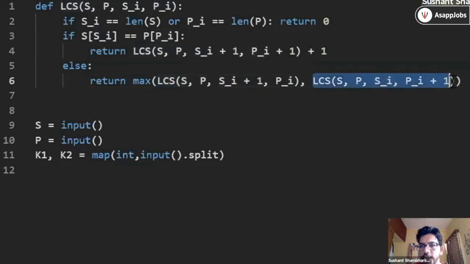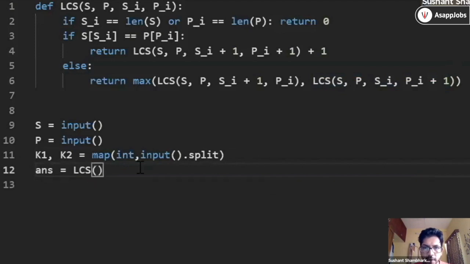So the tree will look like a binary tree, not a complete binary tree. There will be two nodes to some trees, and there will be one node to some trees. Whenever we are getting a matching character, the tree will only have one child node, and when there are no matching characters, the tree will have two child nodes. So I guess this will work here. Now let's just get this value. Let's store it in the answer.